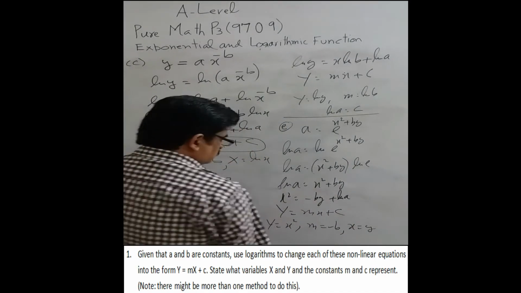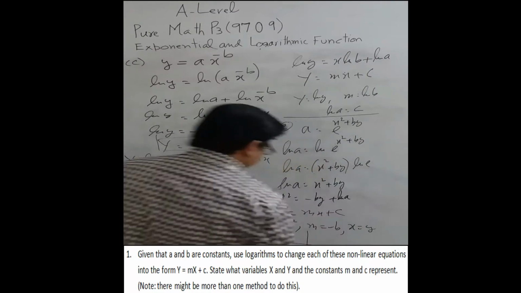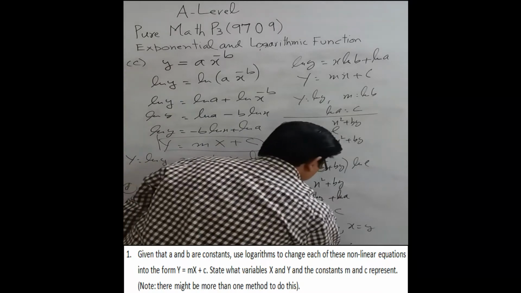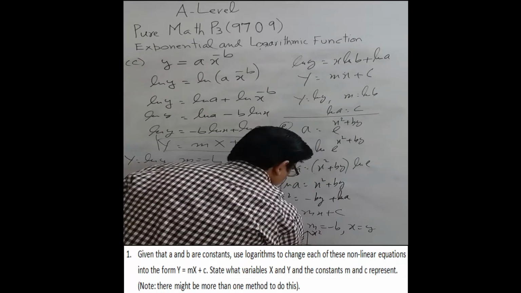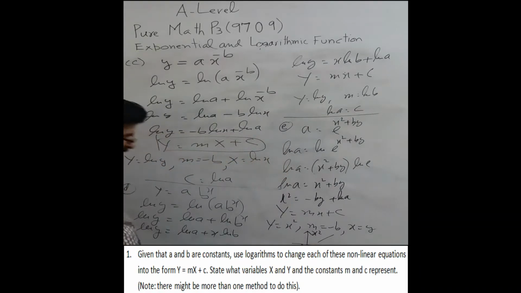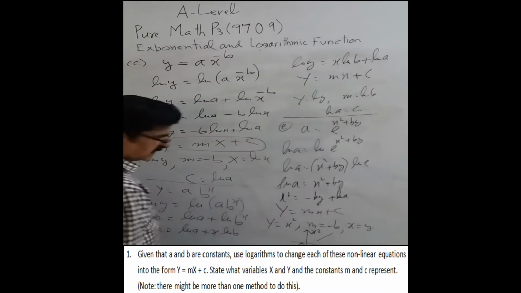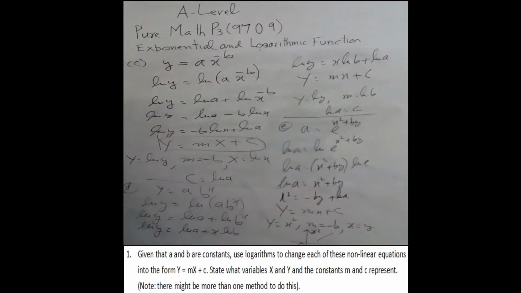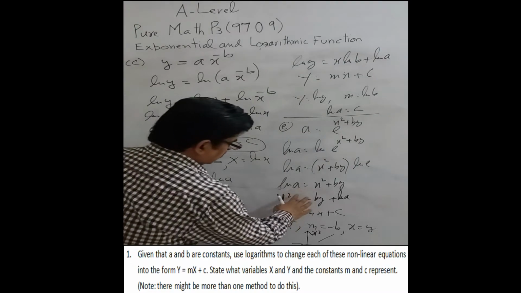Now if you see that on the xy plane, you have here y and here x square, and this is the origin, this will be the straight line. So it's not necessary which variable you should take along x-axis and along y-axis. You can take any variable along x-axis and y-axis, it should be linear.